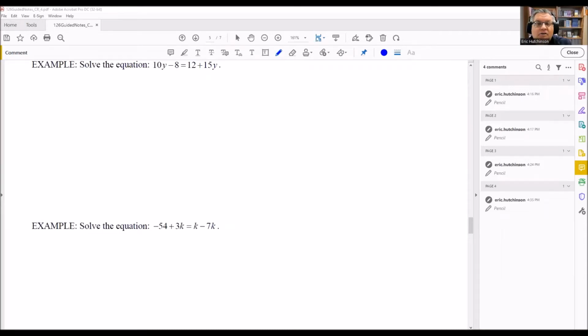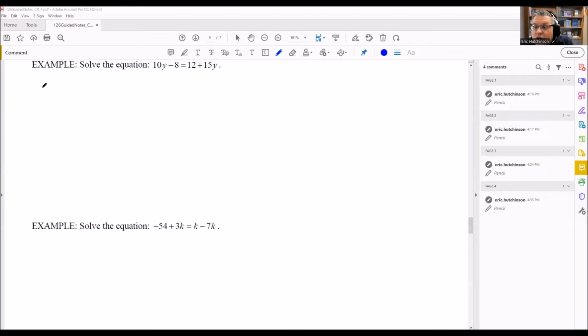We're going to talk about how you solve equations where you have variables on both sides. So the point of solving these is you want to get all the variables on one side of the equation. So this might involve a couple different parts in order to make that happen. All right. Now, it doesn't matter which side you want to bring the variables over to, either the left-hand side or the right-hand side. Typically, I like to bring things over to the left-hand side, so I'll do that for